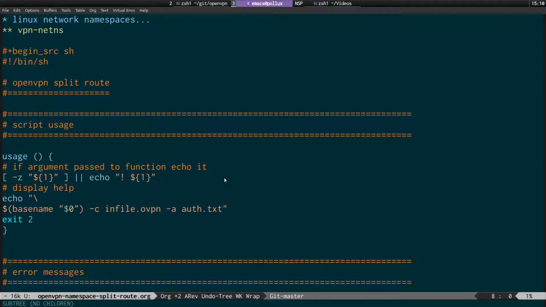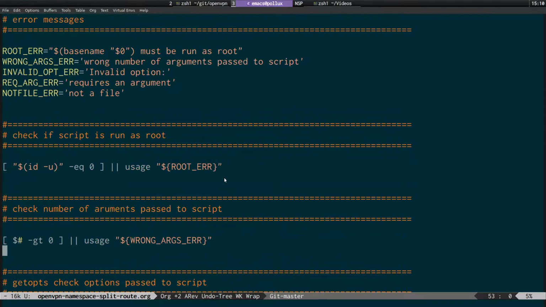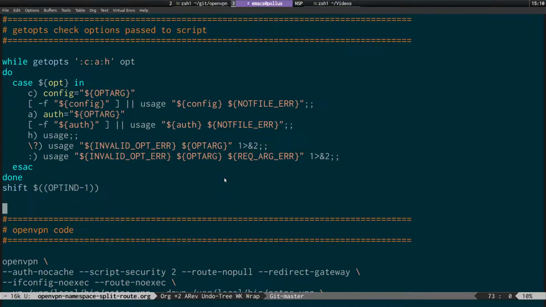This first script is the script that actually connects to the VPN. First of all, we've got some usage so that if you enter a wrong argument for the script, it's going to tell you about it and tell you what you need to do. Got the error messages. We check if the script's run as root, and the number of arguments passed to the script. And this is the getopt, and this is basically when you run the script. You saw I ran sudo vpn-netns